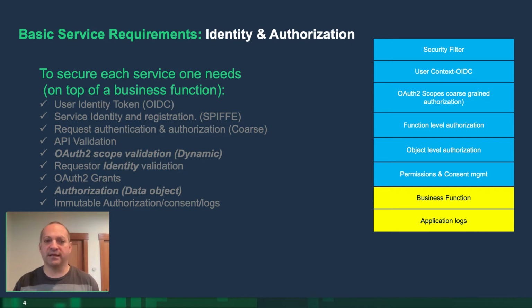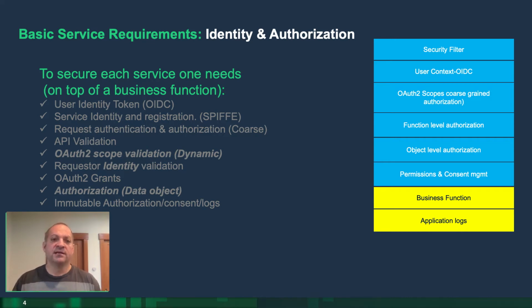We need to make sure that we have that user identity token that comes via OIDC. We have the service identity that comes via SPIFFE. We have a request authentication and authorization. That's coarse level. That's kind of our old way of doing authorization. What can a user do in an application? We have an API validation, right? Is it actually matching the contract for the API, making sure that there's not something like SQL injections or JSON